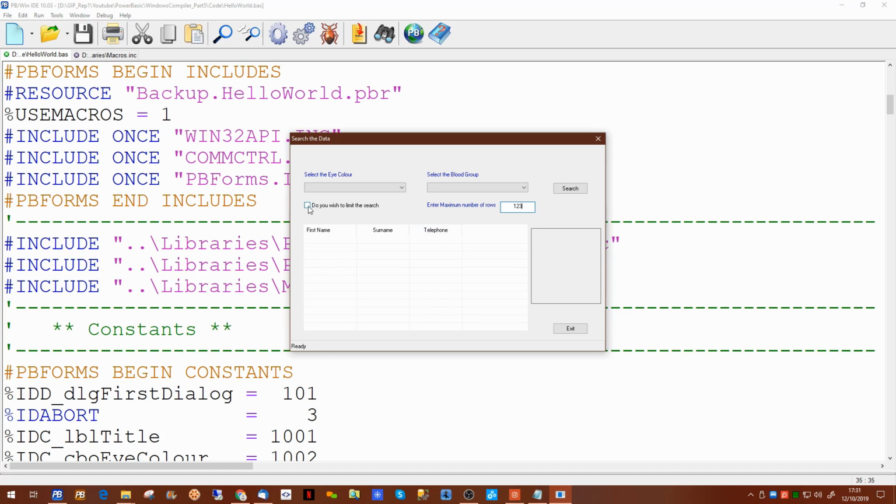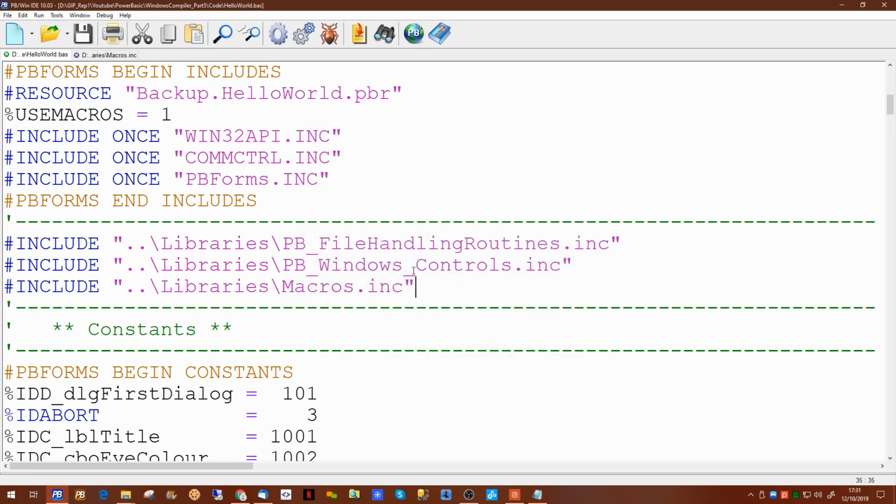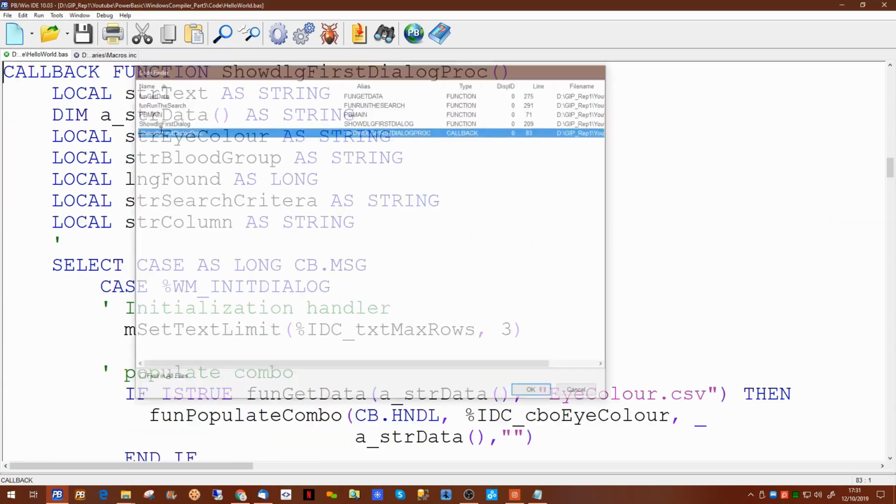Now, on our checkbox, ideally the text box and the label for the text box should in theory be invisible until the user actually clicks "Do you wish to limit the search?" So what we're going to do is an event when the user actually clicks on that checkbox. So if we go back to our event handler,